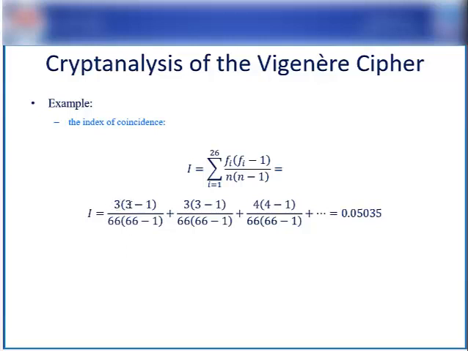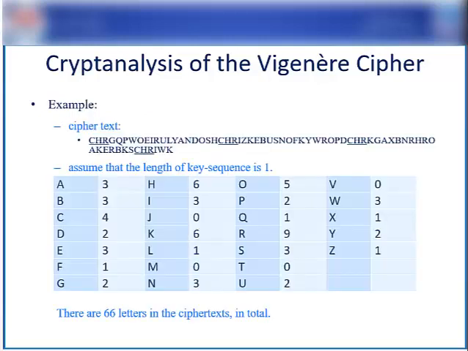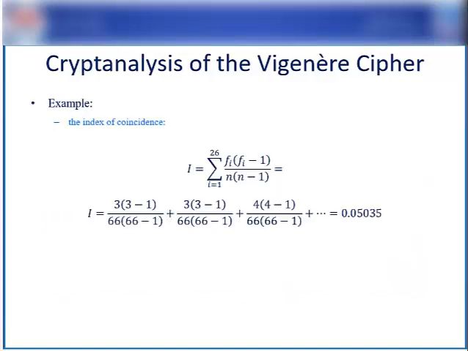So 3 occurrences multiplied by 3 minus 1 out of 66 letters in our plain text. In the formula we see the summation sign here. The next ratio is the occurrence of the letter B. As we said, B occurred 3 times again, C occurred 4 times. Here we have 4, and so on. Calculating it for every single letter in the alphabet, we sum up these probabilities to